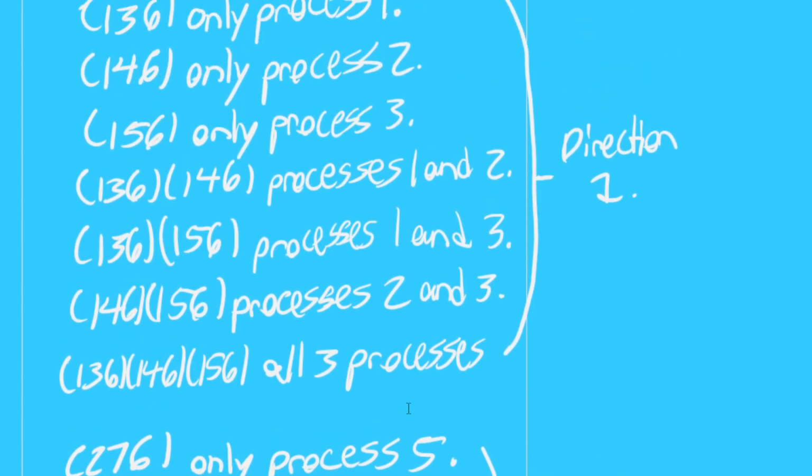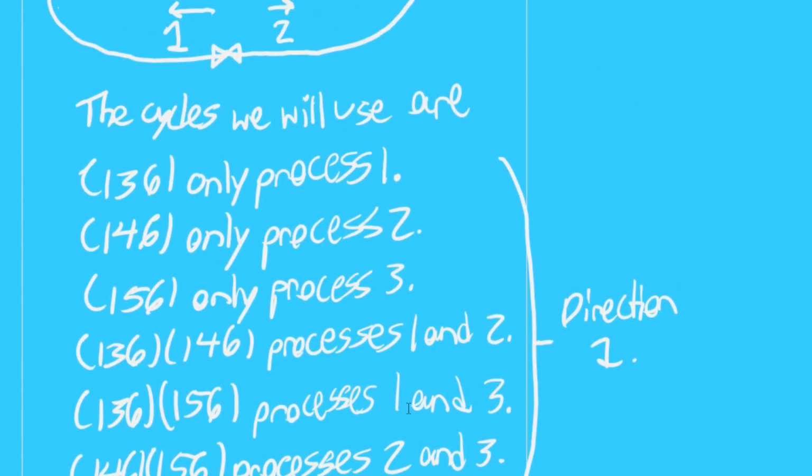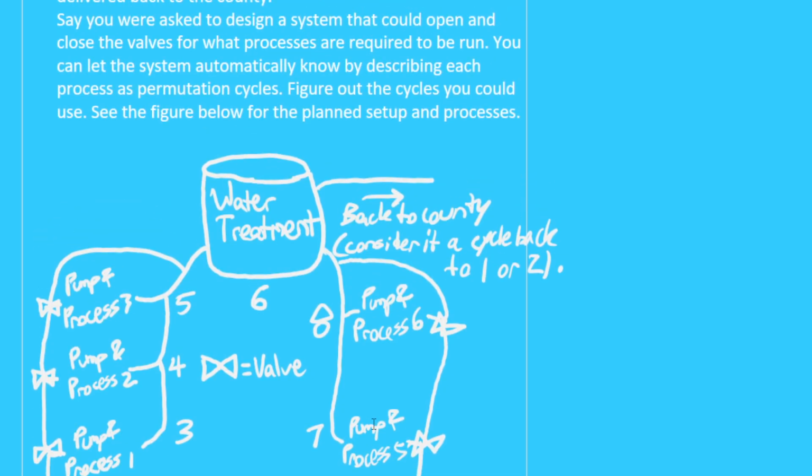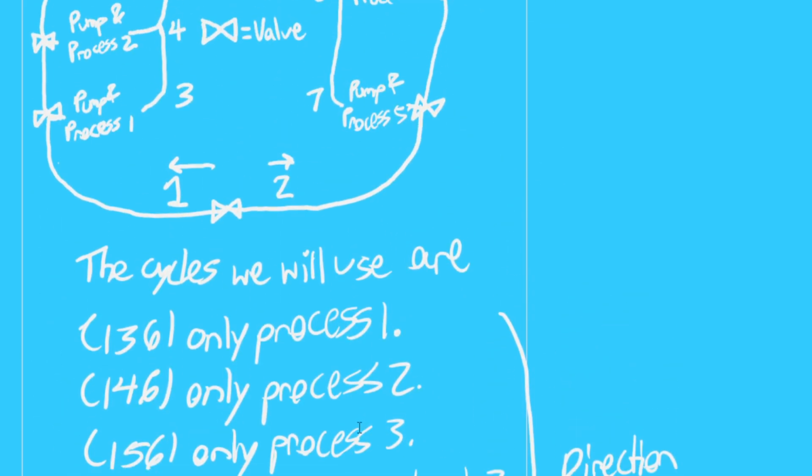And yeah, that's pretty much all there is for this problem. These are the cycles that we would use if we were to want the system to know which valves should be open and which ones should be closed. So,